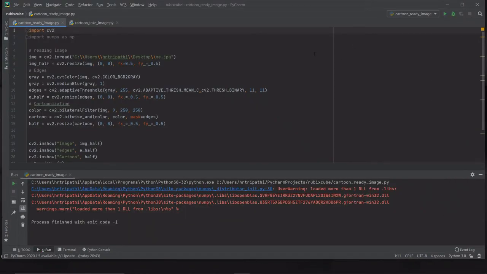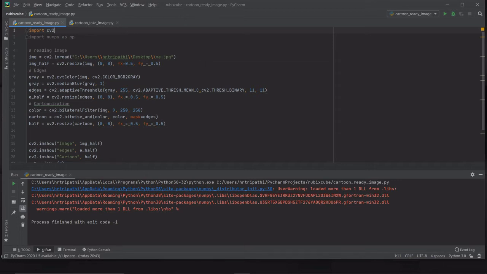First, I import CV2 and import NumPy. Although NumPy isn't really used here, I imported it just in case I had to use it. You can ignore this for now because it really doesn't make any use. Now first of all, I'm going to read my image. Since I'm reading from a pre-existing image, I'm going to say image is cv2.imread, and I pass the directory where the image is. In my case, it is this particular path.